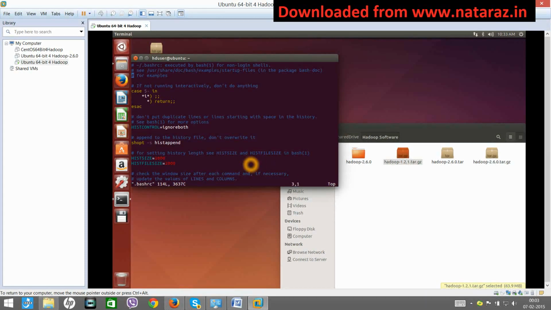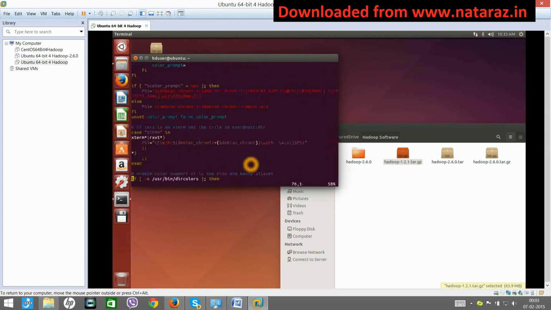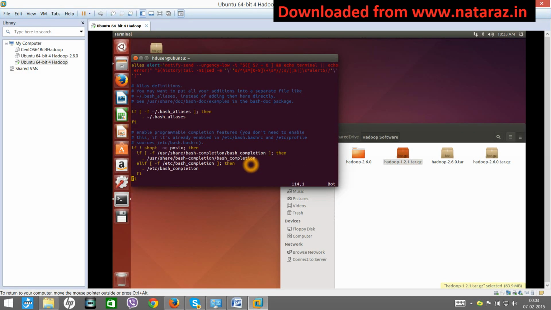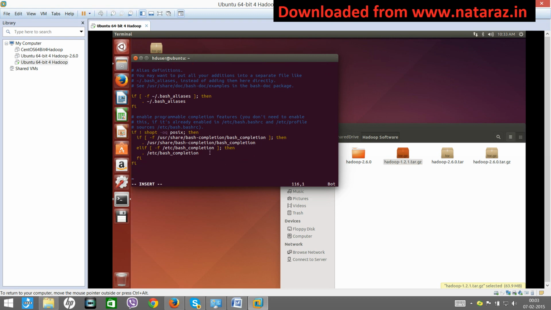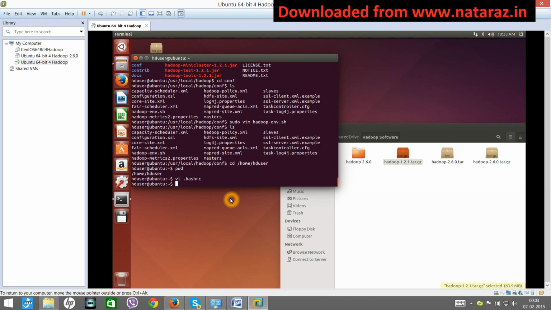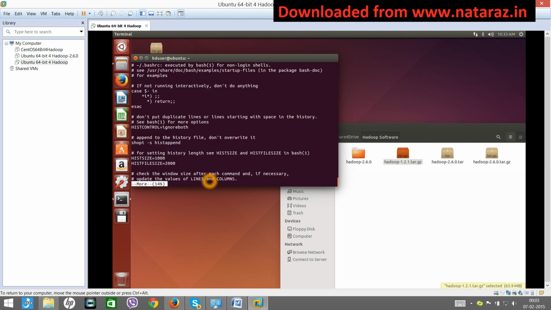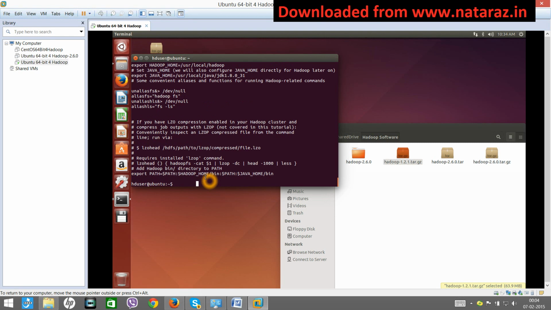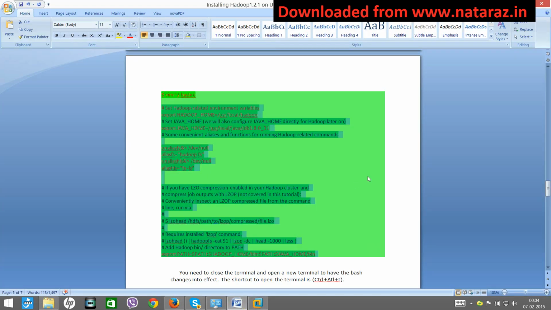I'll go to the end, insert mode, and right click and say paste, escape, colon wq, done. Now if you want to check, you can say more, space, your file name. These last lines are ours, right? Okay, so we are good so far.